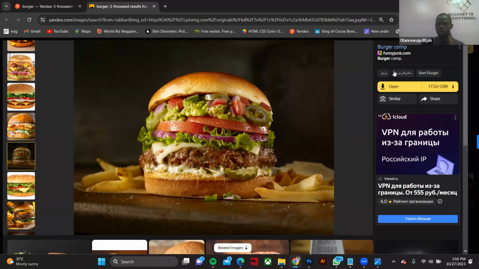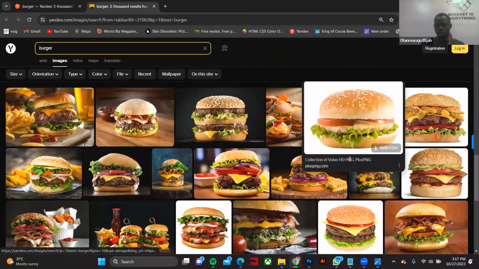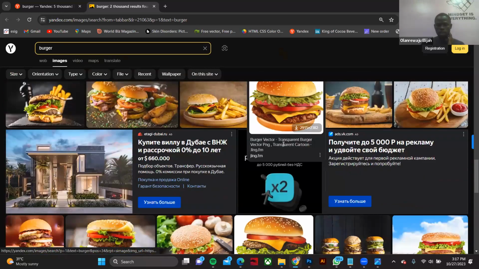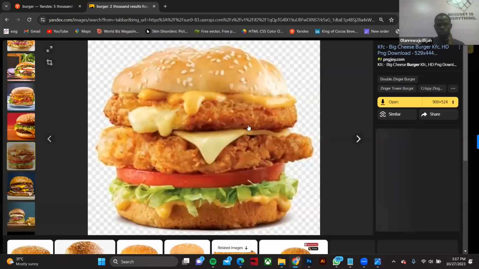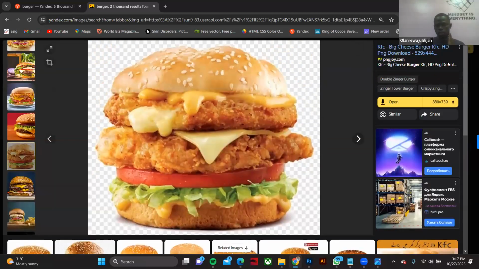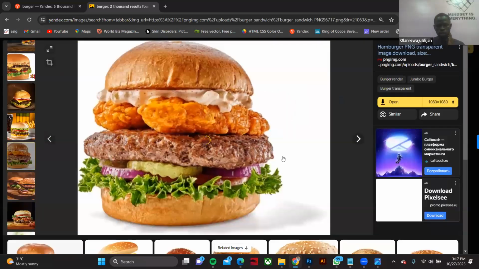That's why you need to know how to remove the background of any image you want to work with in your design, right? I don't know if you are following me, but I believe so because I'm not rushing. I'm just taking my time. So what we want to do next is let's see the best one that we can use. Let's choose this one. No, I'm not using this one. I want the one that is... okay, let's use this one. This one does not even have any background. The background has been removed. So now I like this one.